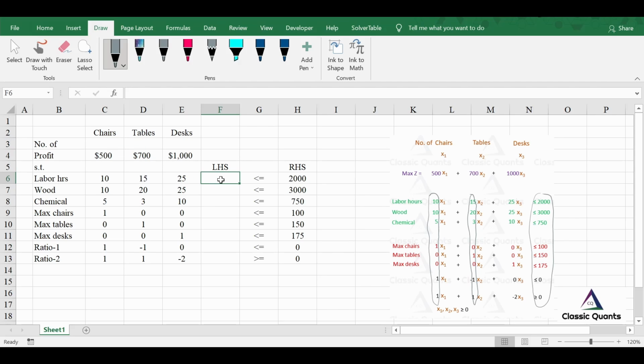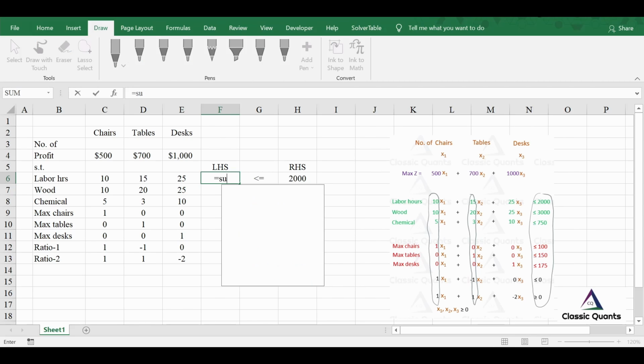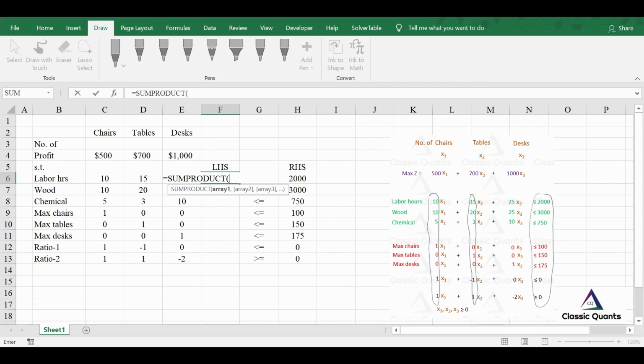So Excel has a built-in function called SUMPRODUCT for this purpose. So use SUMPRODUCT here, it can be done between two arrays, like this is your first array, here your x1, x2, x3 values will populate. This row is for the decision variables.